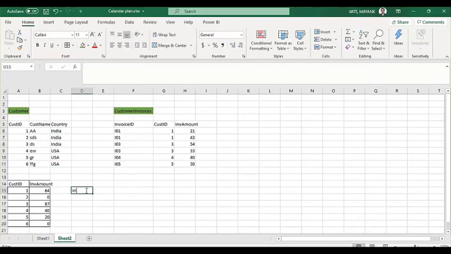So let's say for India, what is the invoice amount? You can see here this customer ID 1, 2, and 3. Okay, 1, 2, and 3. This is 151. For USA, how much do you have? These three countries are USA, and corresponding to these countries, we have three customers. What is the invoice amount for these three customers? You can see only this 60, right? So you got one more view of your data. This is one more view of your data.